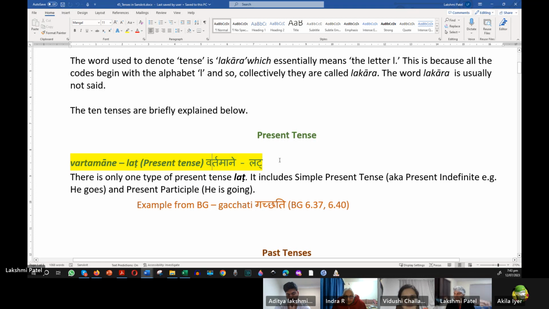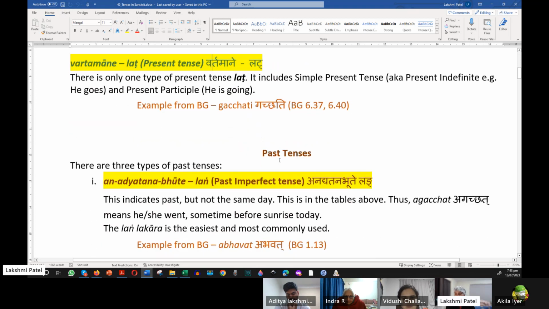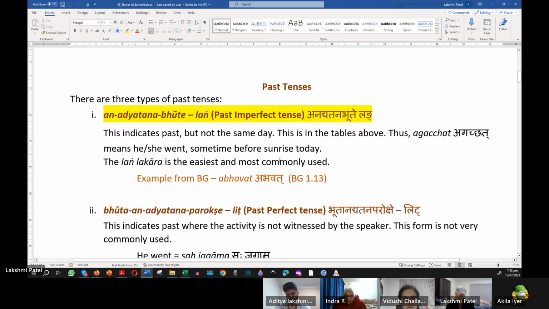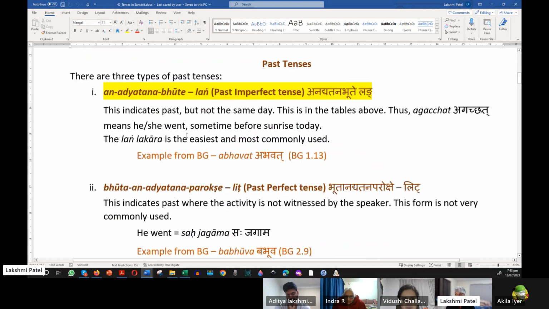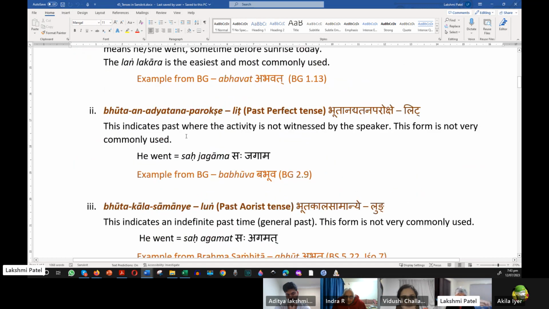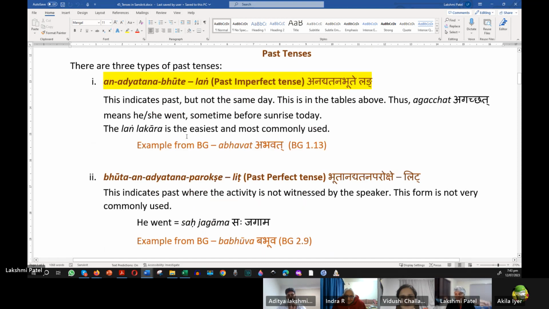Okay. Past tense. Now there are 3 types of past tense. They are called lang, lit, and lun. Quite funny, huh? Okay. Lang is called